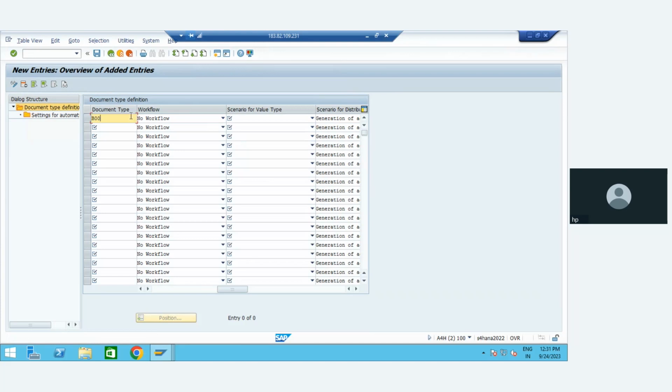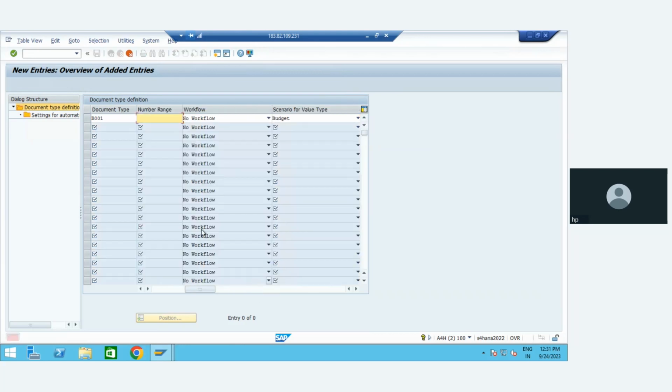We'll create B001, no workflow, with the scenario as budget. Okay, continue. Keep generate one, a number range 1. And then for release, we can create some other document type,